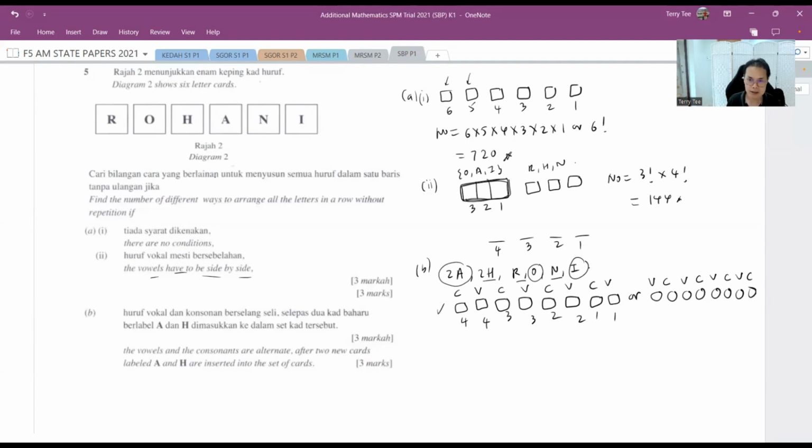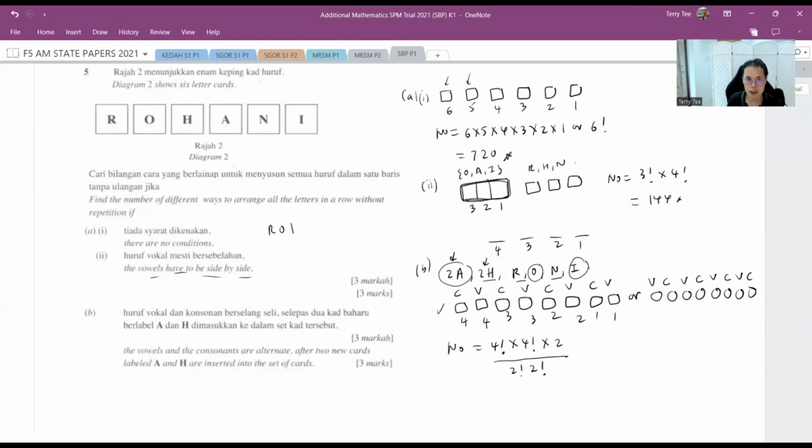Okay, remember, this is arrangement without identical items. So we can say it's 4 factorial ways to arrange the vowels times 4 factorial ways to arrange the consonants. Then times 2 because I can start with a consonant followed by a vowel, or I can start with a vowel followed by a consonant. However, because you have two identical letter A and two identical letter H, I must divide by 2 factorial, 2 factorial. For those who are not sure why, let's say I have